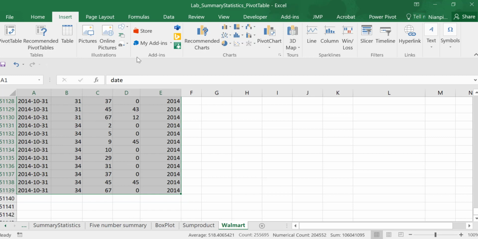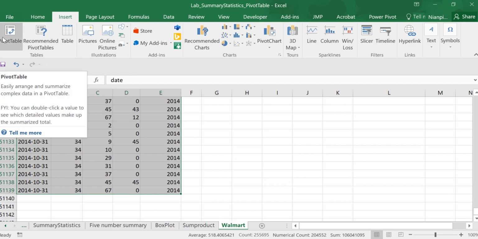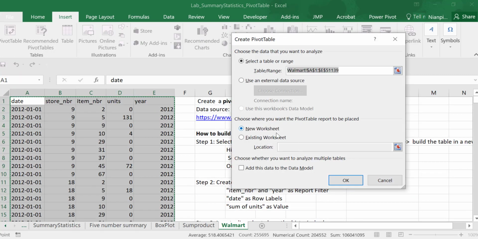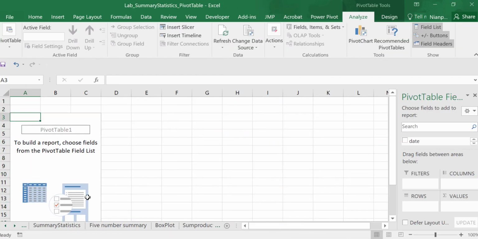So once you select all the data, you go to Insert at the very left, Pivot Table. You just insert Pivot Table. You click Pivot Table. By default, it will generate a new pivot table in a new sheet. You just click OK. You select data first and insert pivot table under the insert menu, very left, pivot table. Now this is the